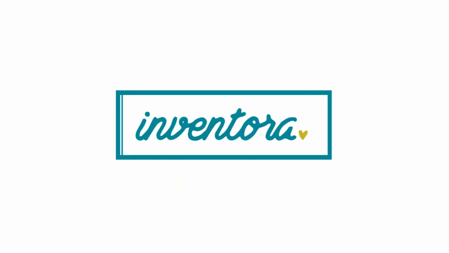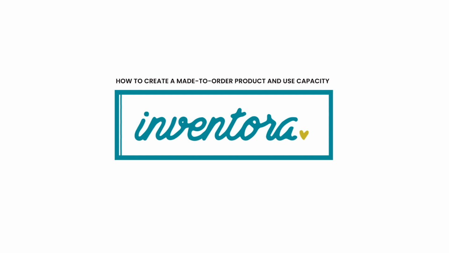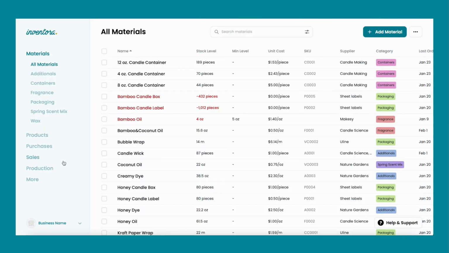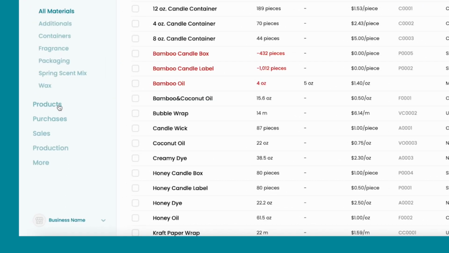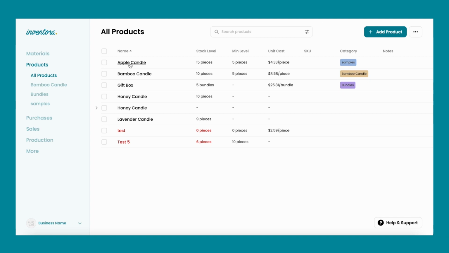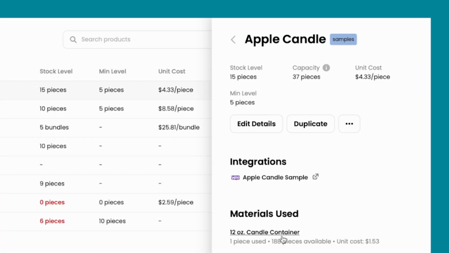In this tutorial video, you will learn how to create made-to-order products and use capacity in Inventora. If you have products made to order, this is the easiest way to manage them in Inventora. On the left sidebar, click on Products, select the product, and for this, you will set up your product and